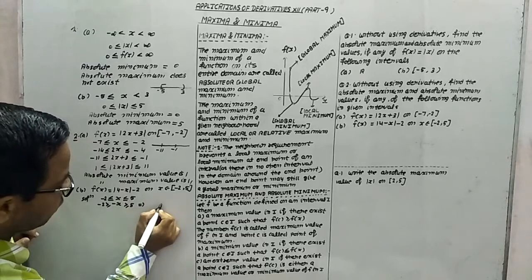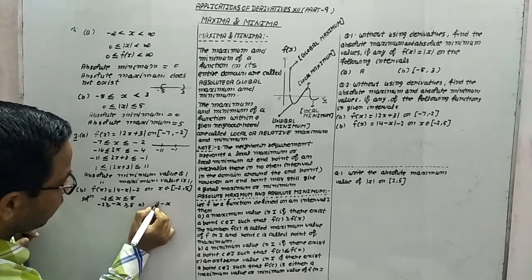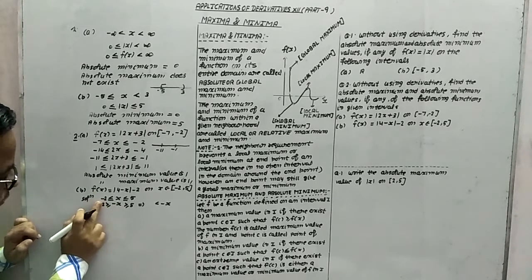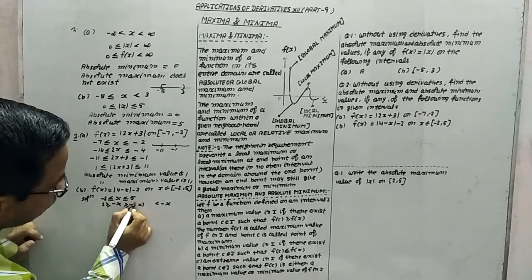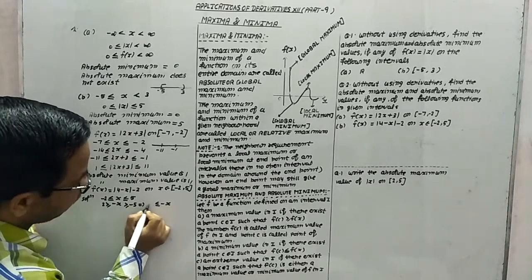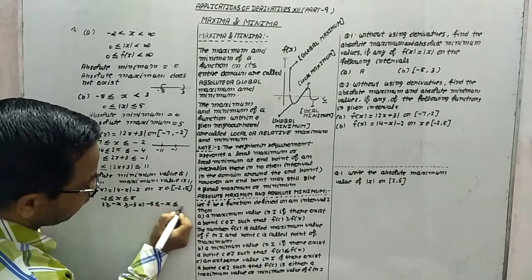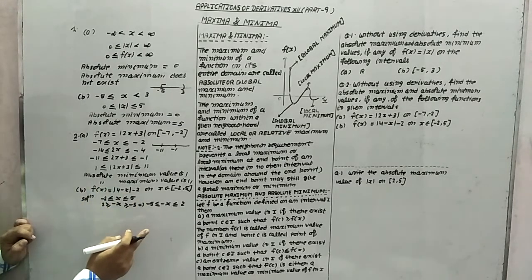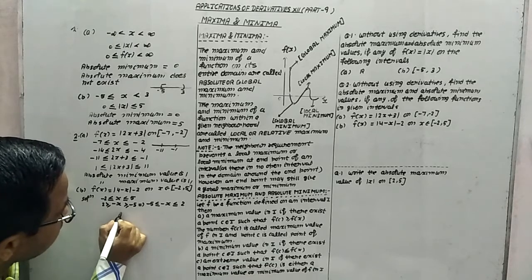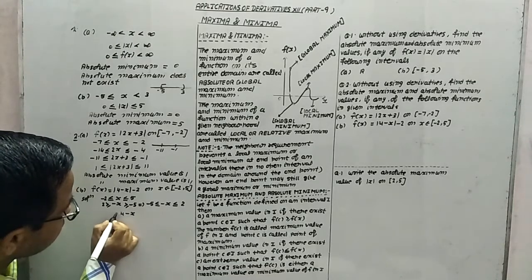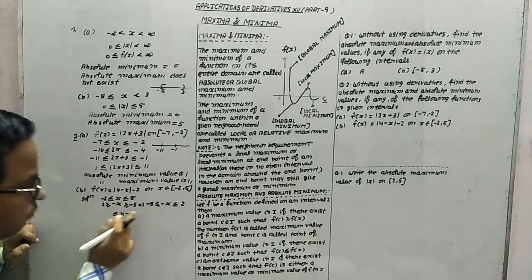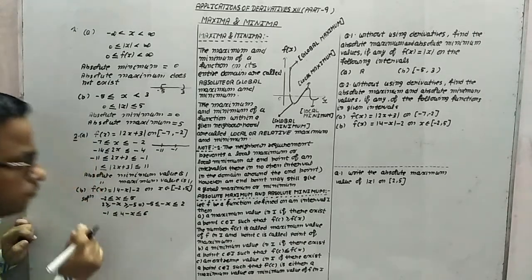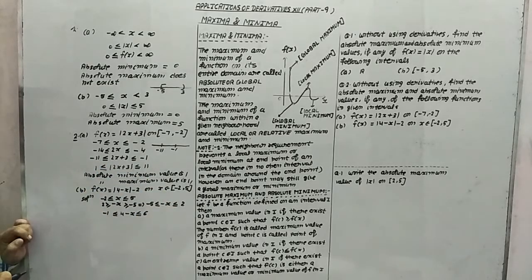It implies that you can say minus x greater than and equal to, look at this thing, we have to multiply minus both sides, so this becomes 2 and this is minus 5. So this is greater than and equal to minus 5 and less than and equal to 2. Now we have to add 4 both sides. It means once we add 4 both sides, it means 4 minus x. So what this becomes? Greater than and equal to minus 1 and what this becomes? 6 only, because we are adding 4 both sides.